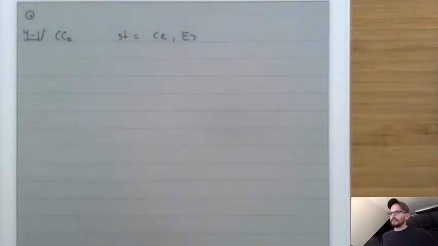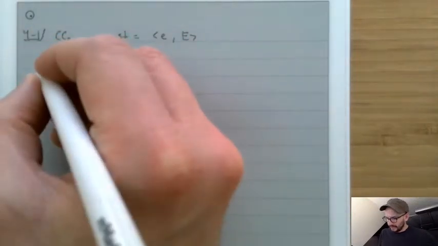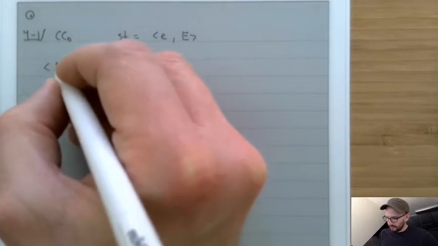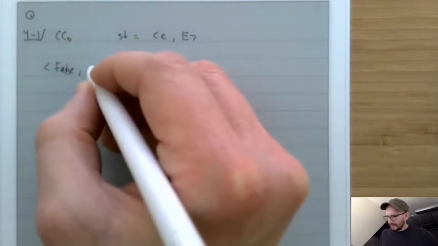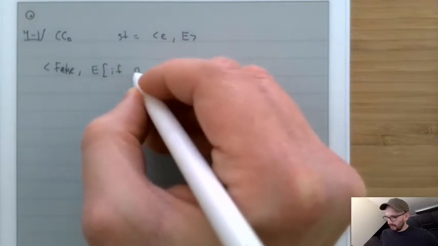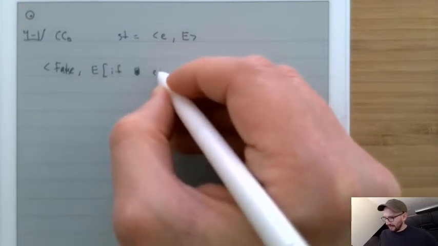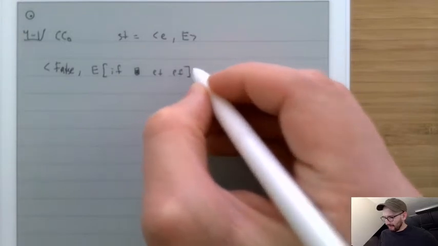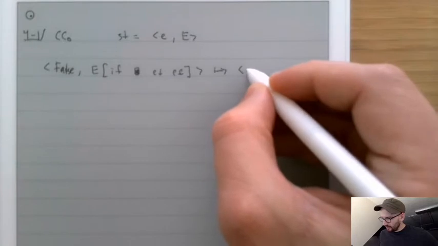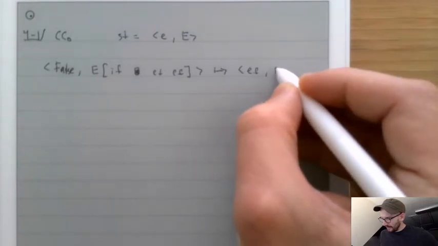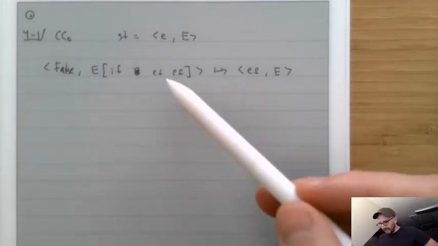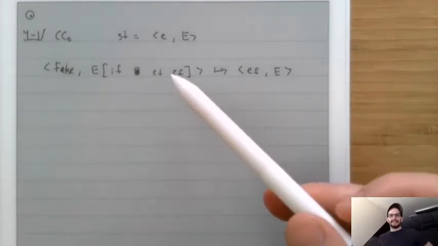And we had rules like the following that said false, E, where at the bottom is an if with a hole, and then ET, EF, and that this goes to EF, E. Now I talked about how this operation right here on the left-hand side is linear, because